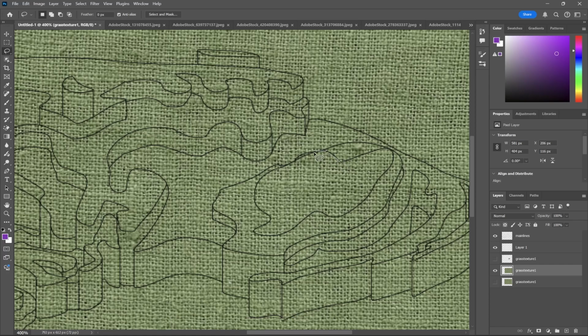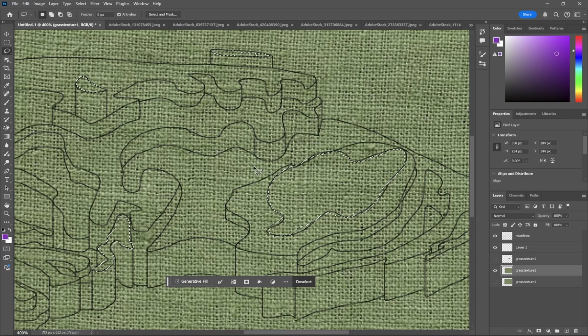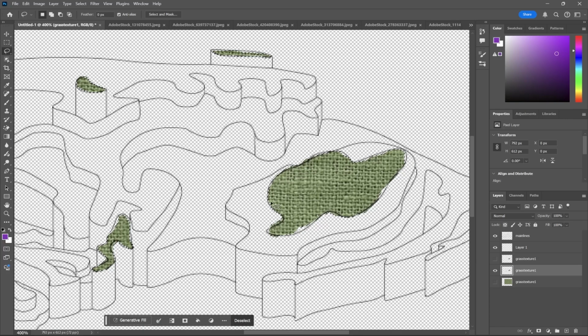Now let's say that I want to select more than one thing. First, I'm going to start by selecting that first shape. To select something else while I already have something selected, I'm going to make sure that I'm holding down my shift key on my keyboard and start drawing the next shape. That way it retains that other shape that I already selected. And so now I have 4 shapes selected. I'm going to right click and select inverse and delete the rest of that.